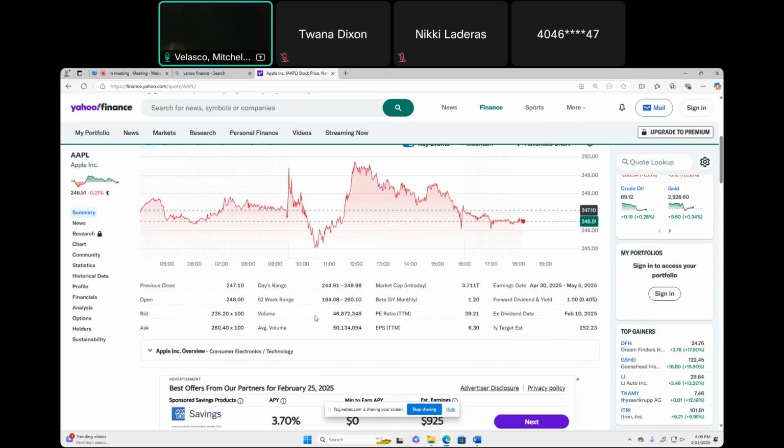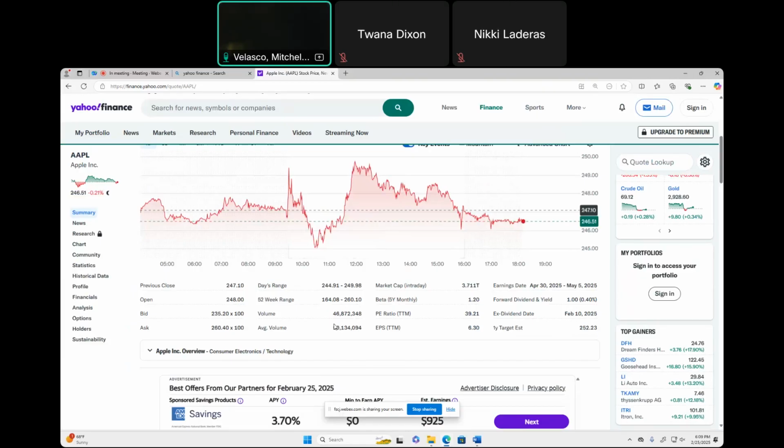So when you're looking for liquidity, you're looking for this number here, volume. Usually, if I want to tell if a stock's pretty liquid, I'm looking to see if there's at least 1 million, 2 million shares traded each day. Apple is a good example of a very liquid stock. Today, there were 46 million shares traded, almost 47 million. Average volume is about 50 million shares traded. So it's a very liquid stock. And so the question is, why do we want a stock that's very liquid?